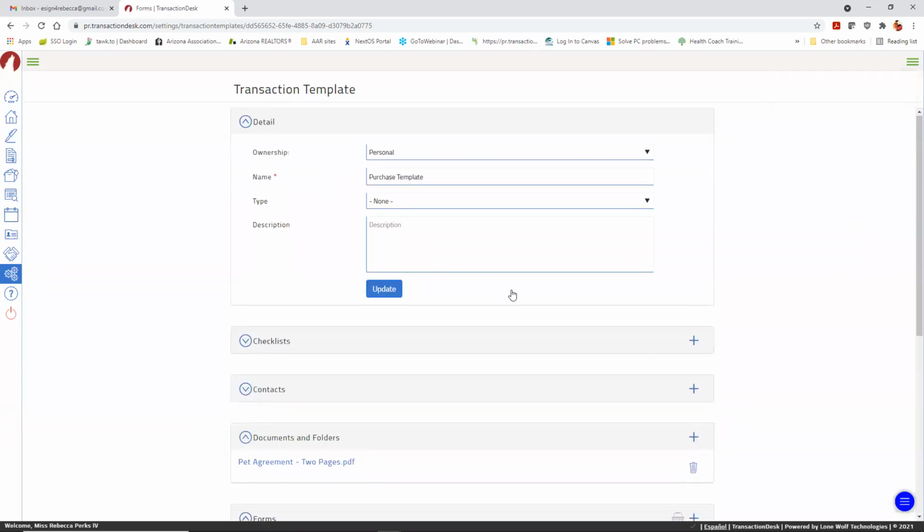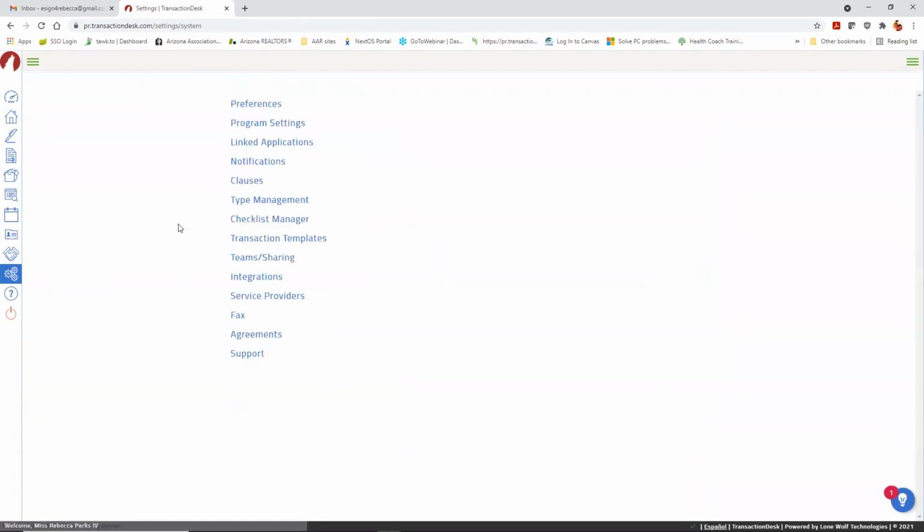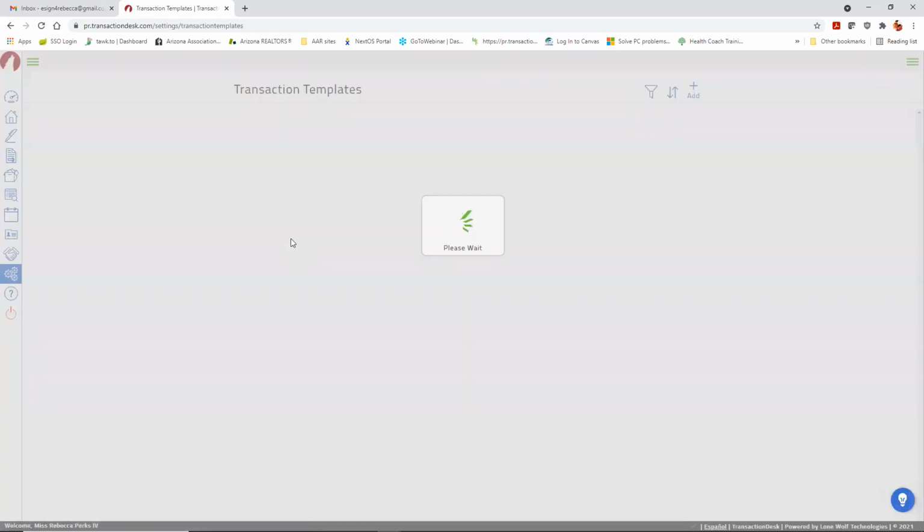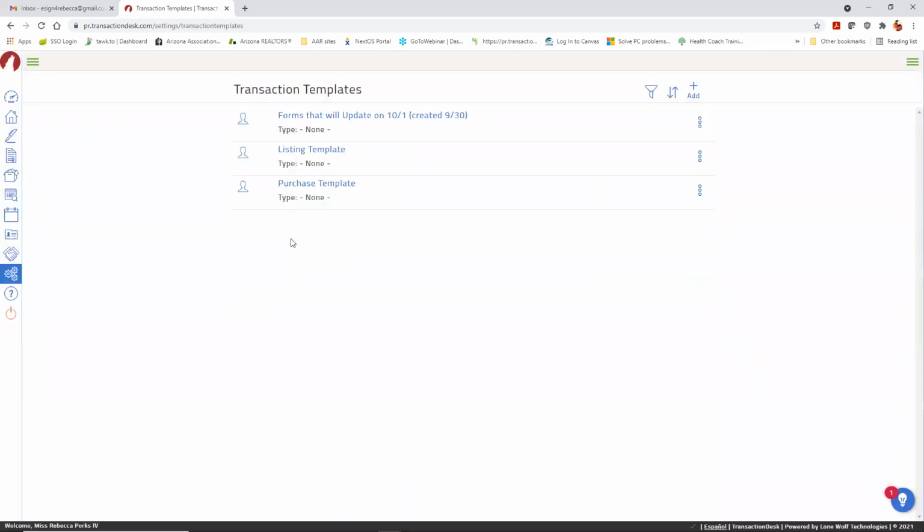So this saves for you automatically. The update button is just if you give it a change in name or any of these fields up here. Otherwise, it's saving for you automatically. So let me go back to my template list here and show you what it looks like if there's an